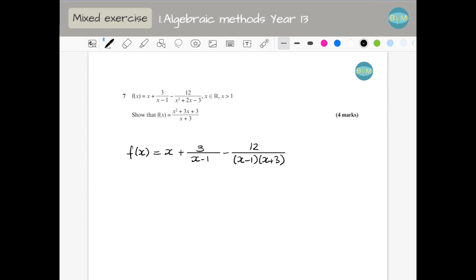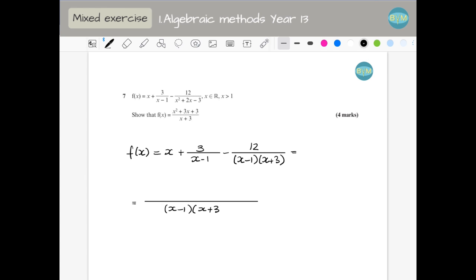And now, looking at these three denominators, so imagine you have a 1 here, the lowest common factor is going to be this product, because the 1 fits here and the x minus 1 fits here, yeah? So this is the common denominator. Please don't multiply, because you're going to have bigger terms, yeah? And you don't want that. So we are going to write that common denominator, which is x minus 1,